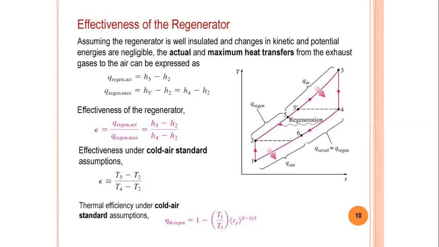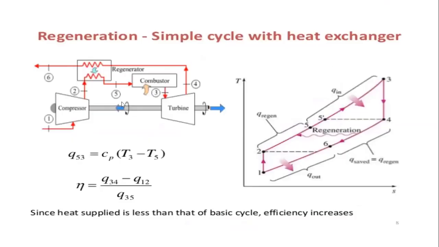Using all these concepts, we would be solving numericals in the next few videos. Understand that this is only one method of improving the performance of the gas turbine power plant. There are a number of methods of improving its performance. In this small video, we saw one of those concepts: the use of a regenerator to increase the efficiency of the gas turbine power plant. A regenerator is nothing but a heat exchanger which facilitates internal heat exchange between the compressed air and the flue gases let out from the gas turbine.